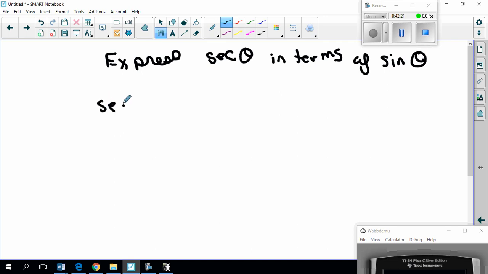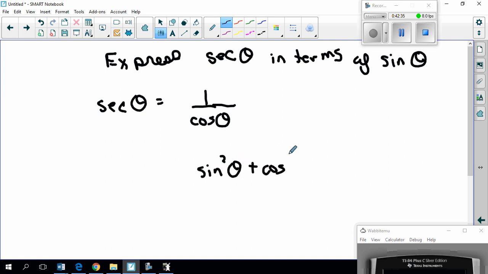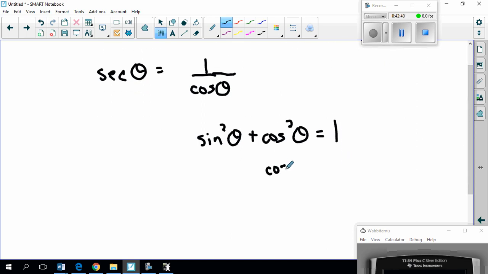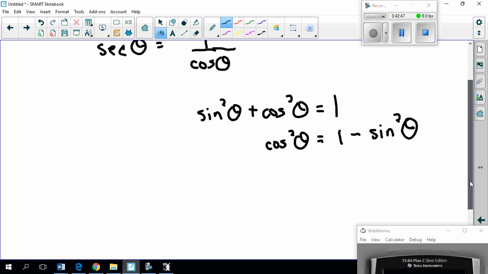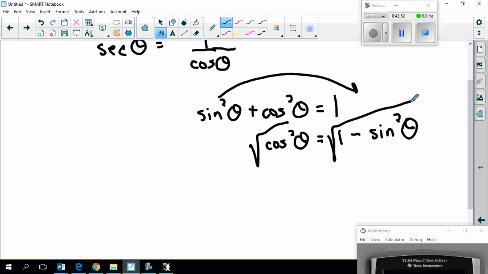Well, secant theta, there's a bunch of ways you can do this, is 1 over cosine theta. But sine squared theta plus cosine squared theta equals 1. So cosine squared theta equals 1 minus sine squared theta. So just move that over. So cosine theta